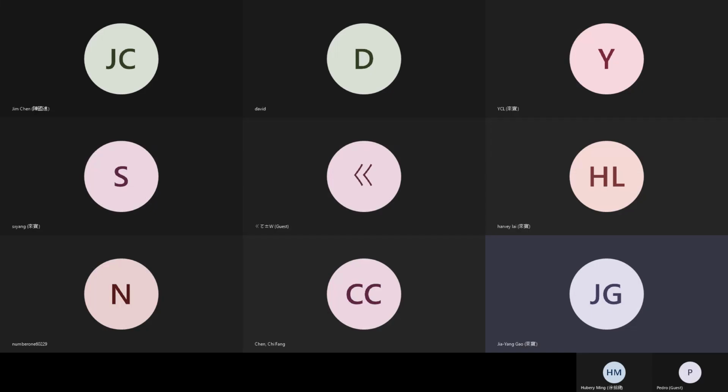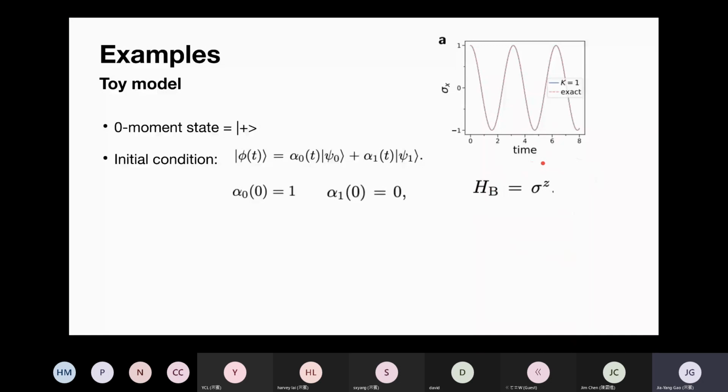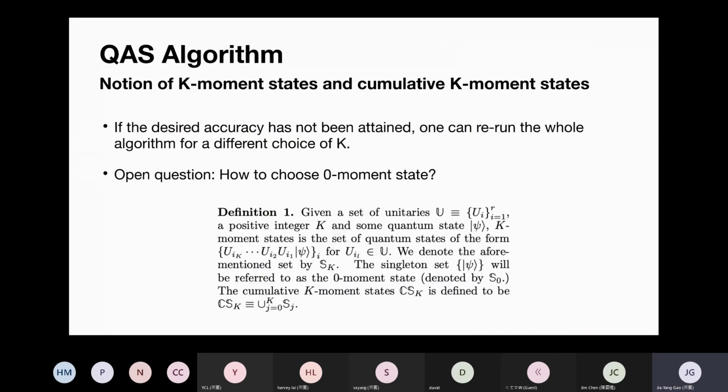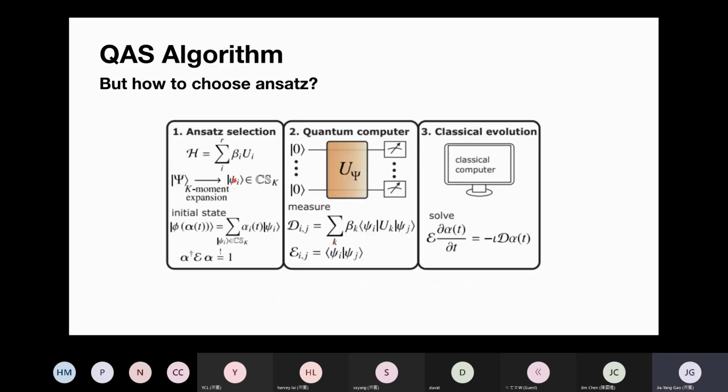Then I need to construct the next state by applying this Hamiltonian to the initial moment state. Maybe I call it the initial state, and then I have the second state, sigma d times plus. So if I just use these two states to define my state, now I have two states, and then I use these two states to construct the following matrices,